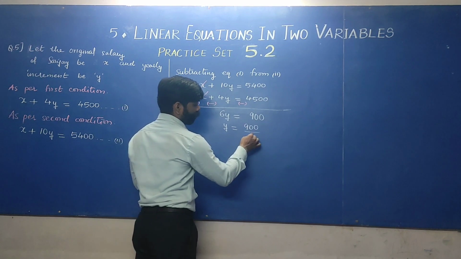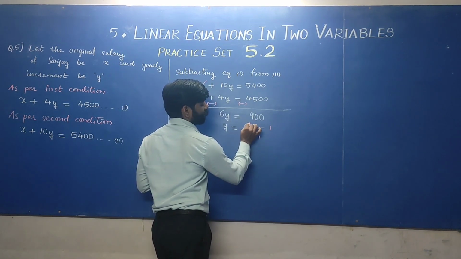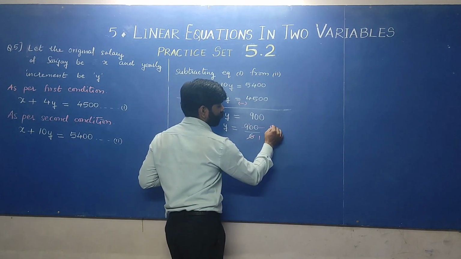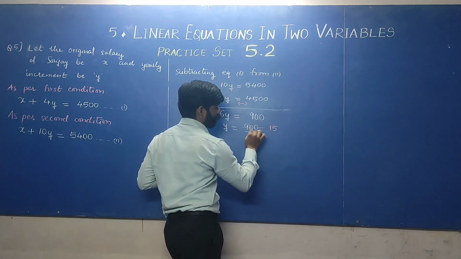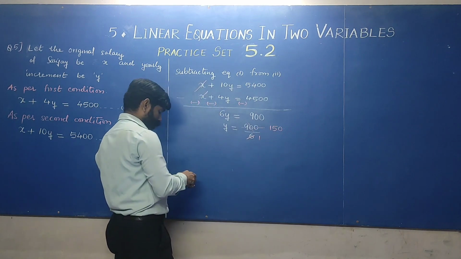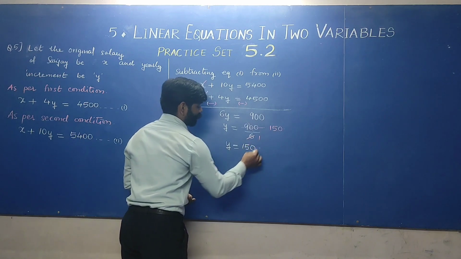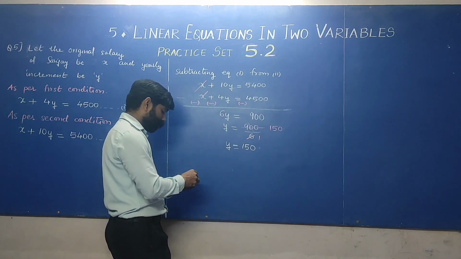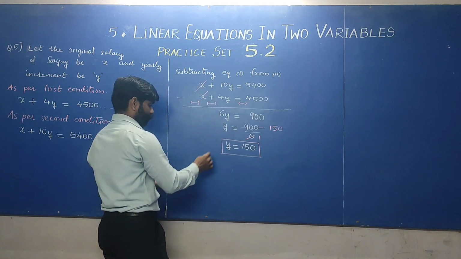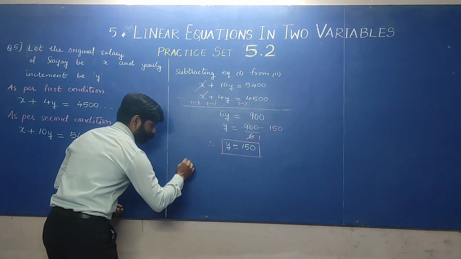Now, let's divide. 6 ones are 6. 9 minus 6 is 3. We are writing small 3 here. 3 and 0 will become 30. 6 5s are 30. This 30 is getting cancelled. Now 0, I'm putting 1 0. So the increment y is 150. So Sanjay is getting an increment of 150 every year. Every year he is getting 150 rupees. Okay, students?